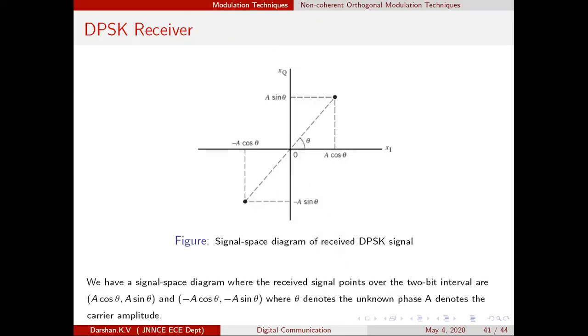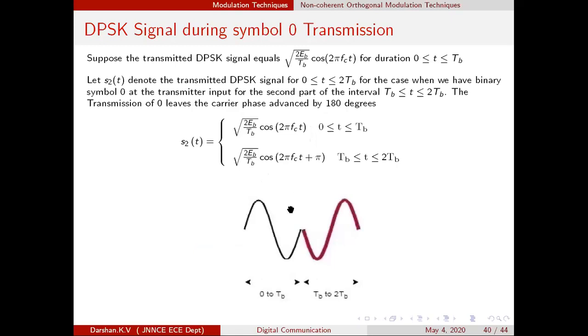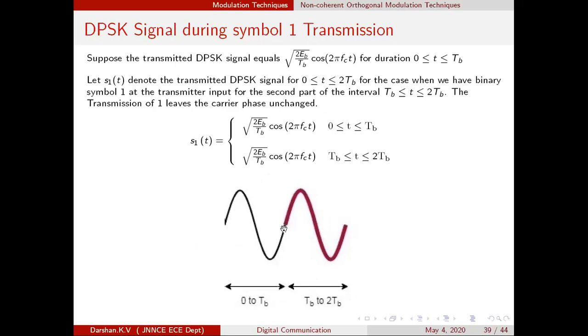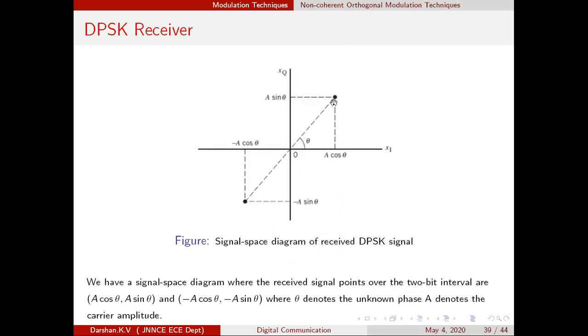And now the receiver will try to plot those two signals in this graph. Actually those two signals will roughly coincide at the same point. I hope you are understanding. Why? Because the two signals have the same phase. Initially it will receive that signal and calculate the in phase and quadrature phase components. Then it will plot over here. Let us assume the signal has been plotted over here.